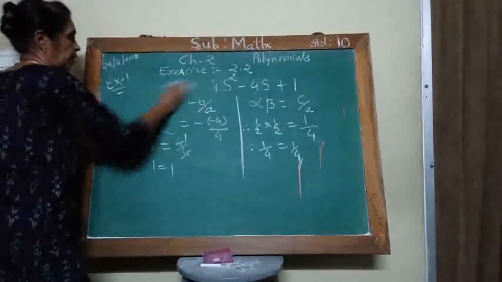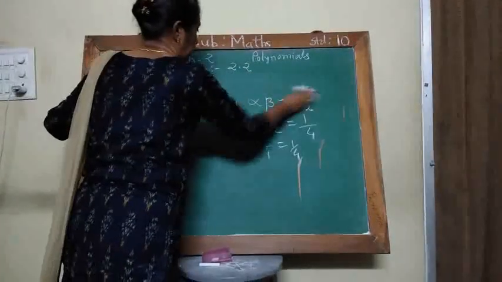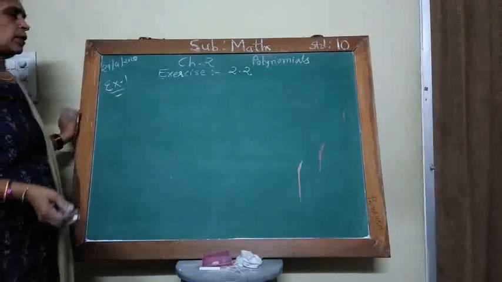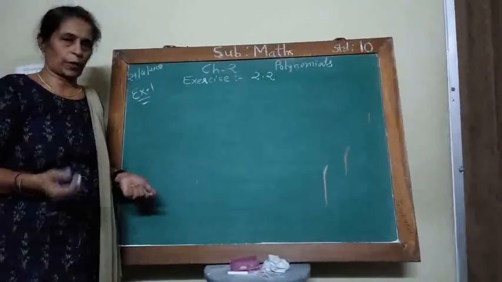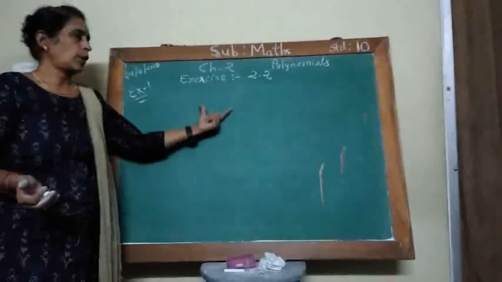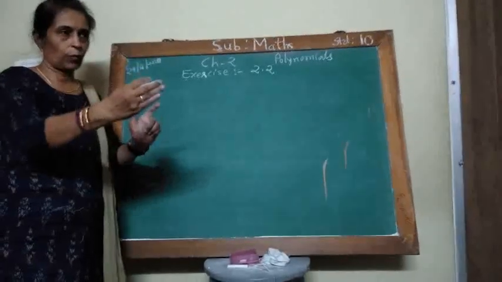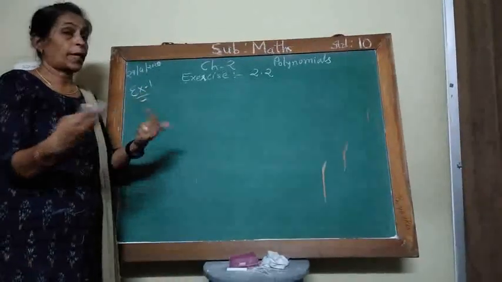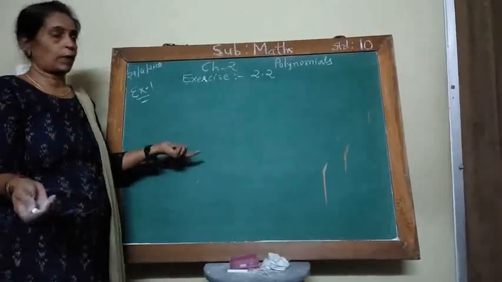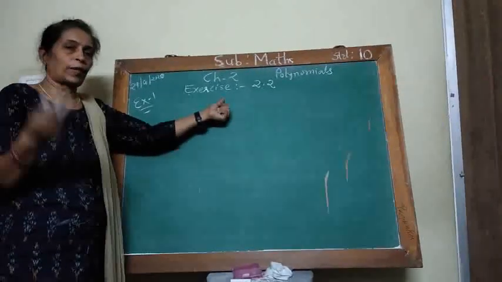So this way you have to do the 6 sums of example 1. I have solved 2 examples. There are 6. And I will tell you the general steps again. The polynomial is given in quadratic form. Then you have to factorize that polynomial. You get 2 degrees and you get 2 brackets. Sometimes you get only 1 bracket also. It depends upon the polynomial, because at the most 2 zeros, or 1 zero, or